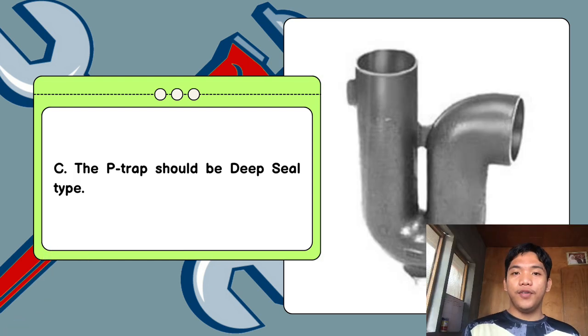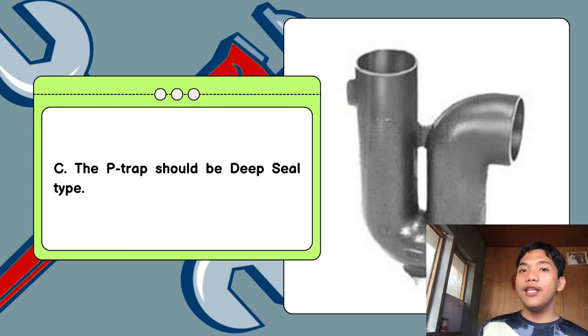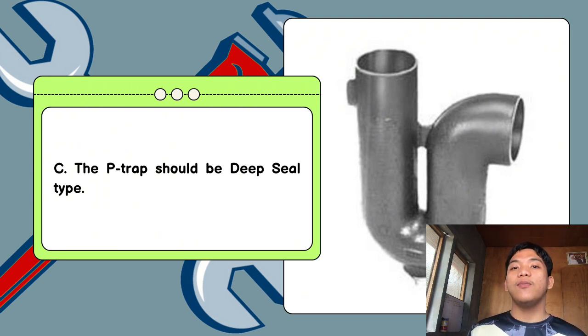Okay. Number 3. The P-trap should be deep seal type. So, as you can see dito sa picture na I provided, that is what we call the deep seal type. Because according to my research, itong deep seal type is much more durable compared sa other P-traps na ginagamit. Durable siya, maganda yung flow ng water, nakakaano talaga if nakinig ka doon sa house trap ko na topic kanina is kaya niya talagang maka-cash up ng